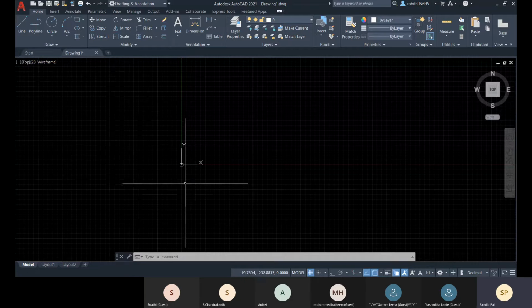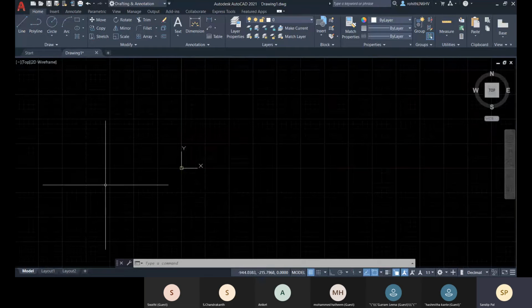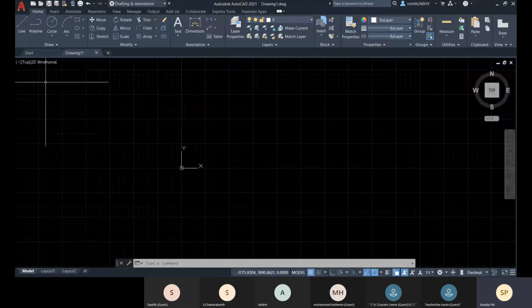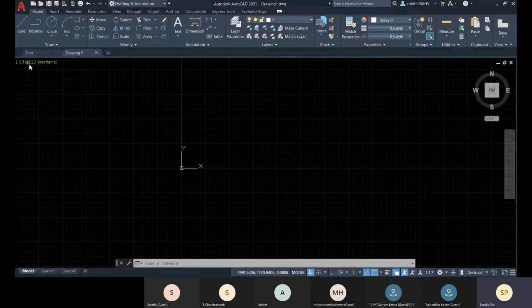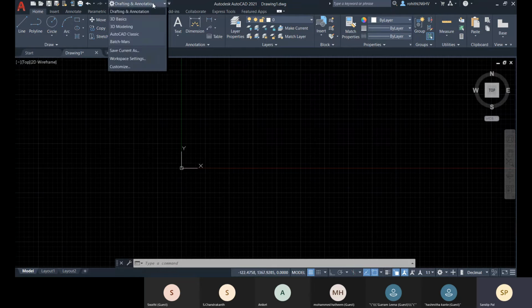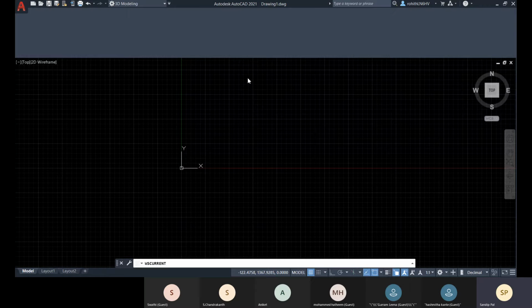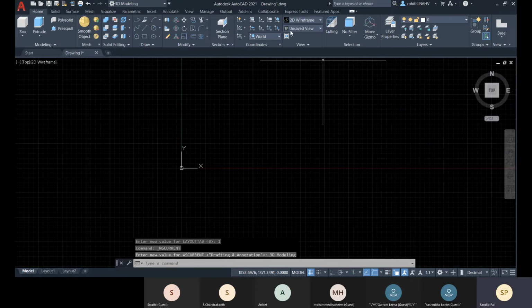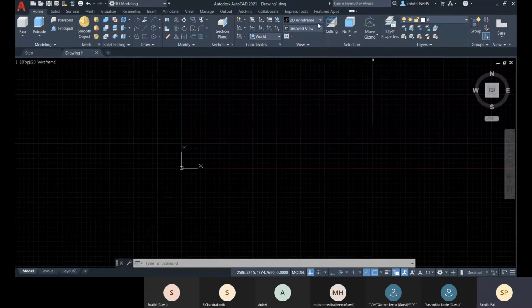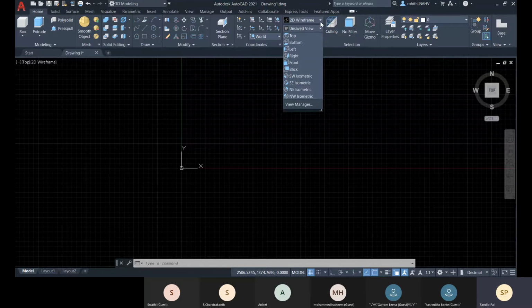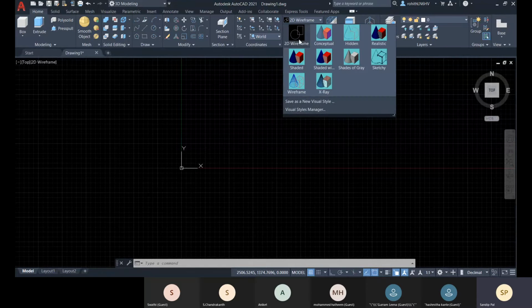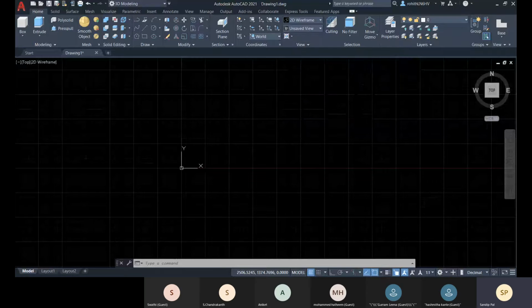Within your viewport, what the view will be and what the visual style will be, you can control from these menus. Or else, if you are within 3D modeling, you have this View tab. From there you can change this to top, or change the visual style.